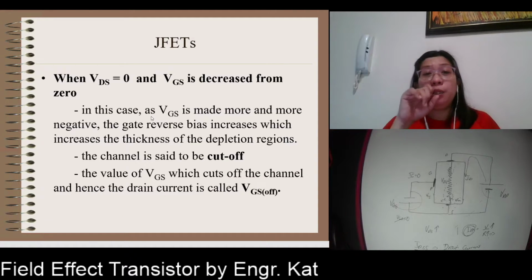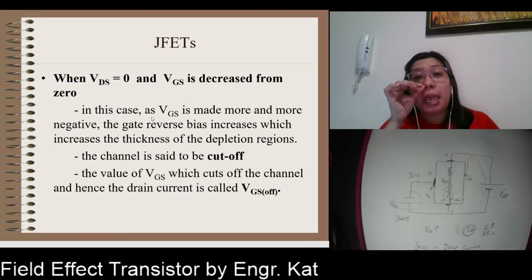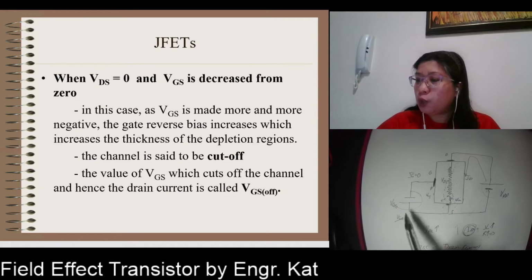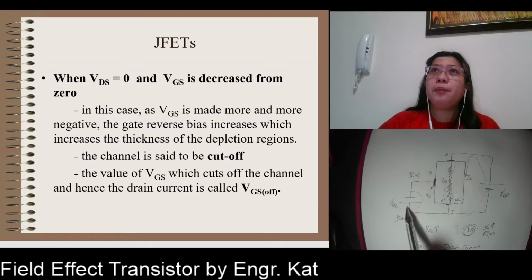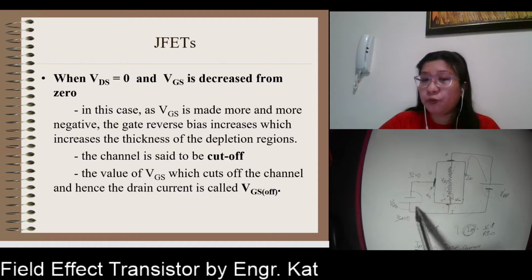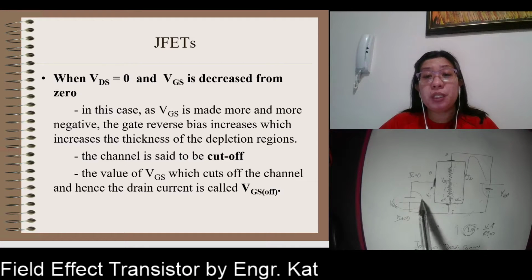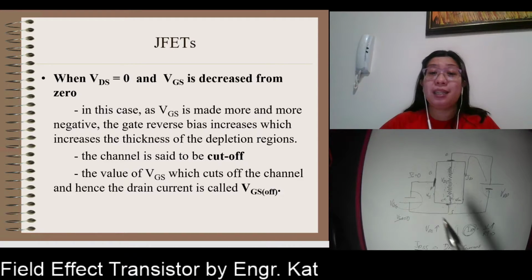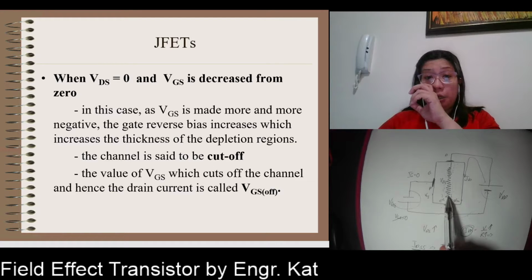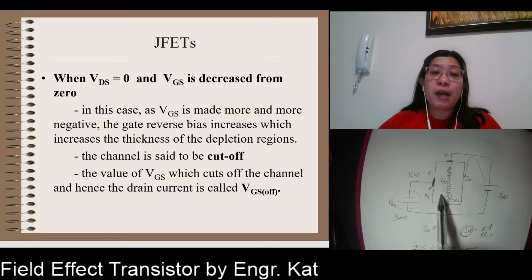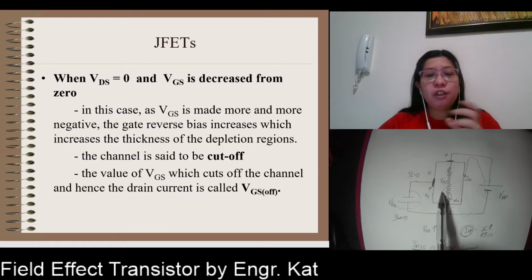What happens when your VDS is equal to 0 and your VGS is decreased from 0? What do we mean by decreased from 0? We are further increasing the reverse bias for this VGG. As VGS is made more and more negative, the gate reverse bias increases, which increases the thickness of the depletion region. So the channel is said to be cut off. The value of VGS which cuts off the channel, and hence the drain current,